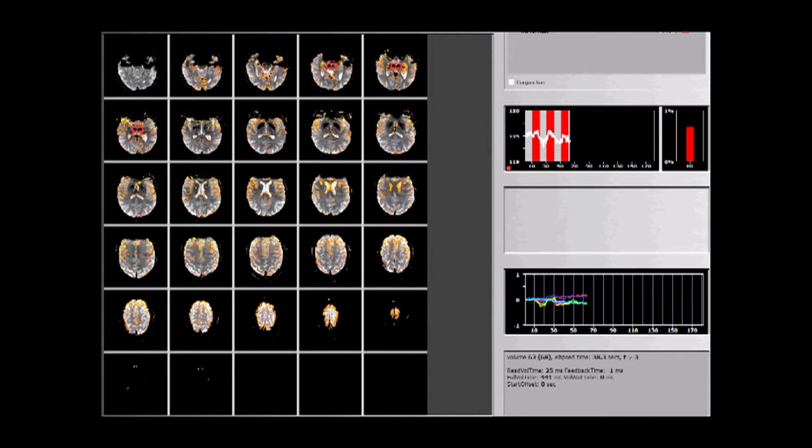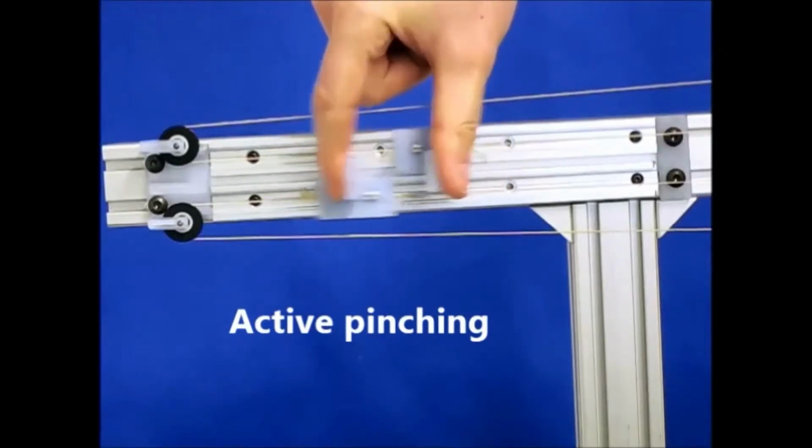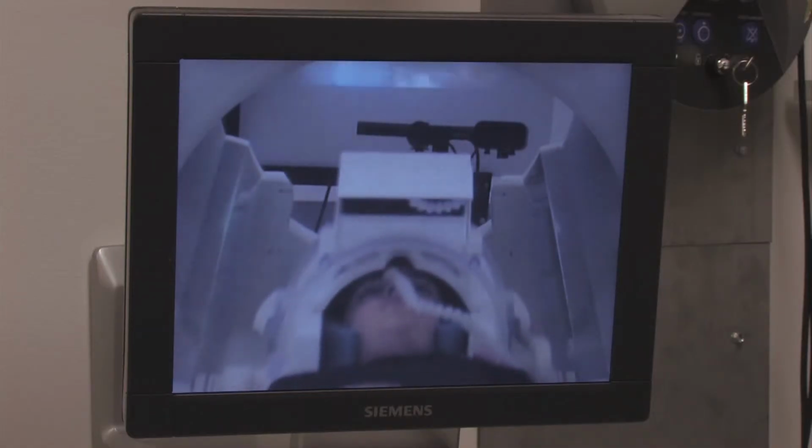The exciting part about being able to measure what people are doing in the scanner environment is that we can guide what they're doing using their own brain activity. So it forms a special kind of neurally guided, targeted physical therapy that can be customized to each patient. So in the future, we can go to the MRI scanner, learn to control these brain circuits, and then when we go home and perform our physical therapy, we can reinforce those brain circuits that we know are targeted specific